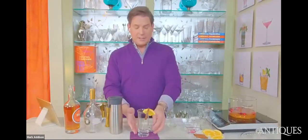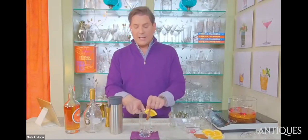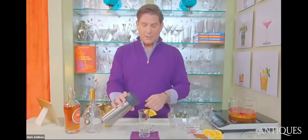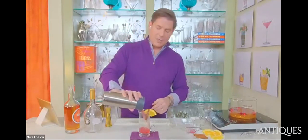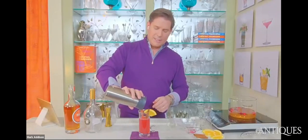And this is a vintage glass mug. I love it because it has a nice elongated bowl, a little bit of a fluted rim, and a really pretty low handle here. So it gets a nice elegant and a nice heavy heft, which is great for serving warm drinks in. So I have my cocktail already prepared, and it has this beautiful ruby red burgundy kind of